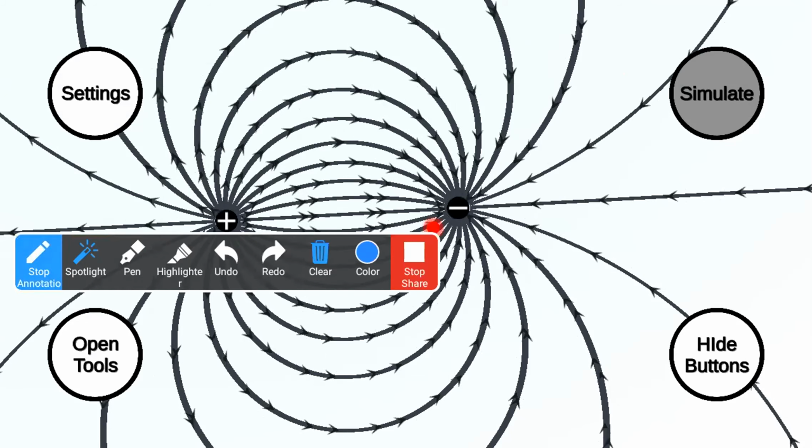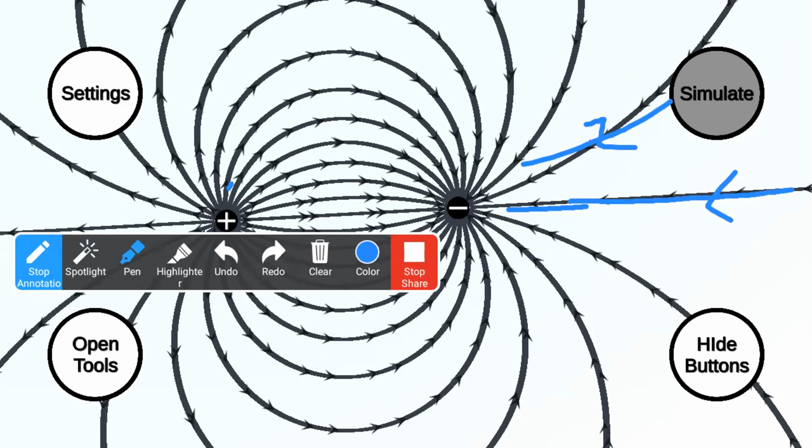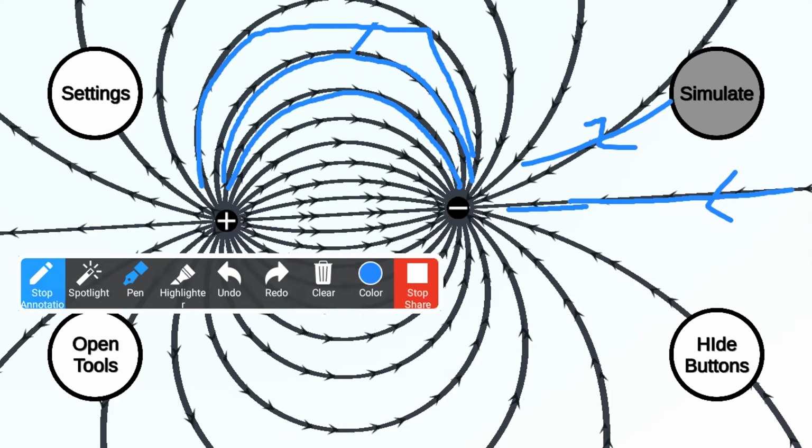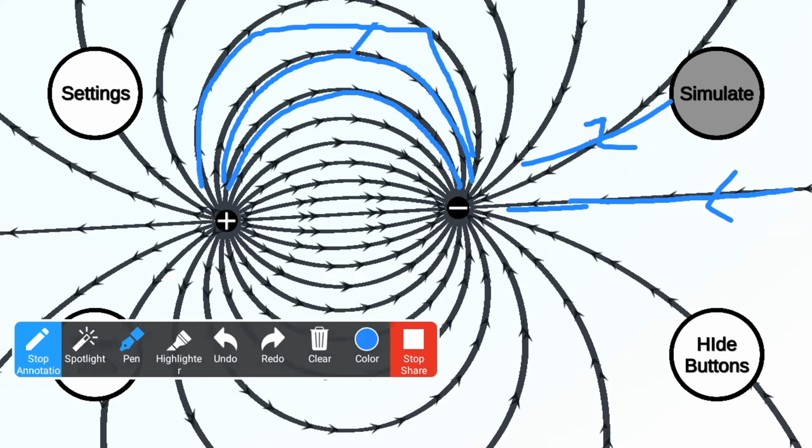What is happening? See here, where the line comes from. It comes from infinity. It is also coming from infinity. If the possibility is there, it will make a connection with this. As the distance is nearby, these field lines will go and end here, because the positive has to end with the negative only. The positive lines have to end with the negative lines. So whatever lines are coming outside, they will end here.